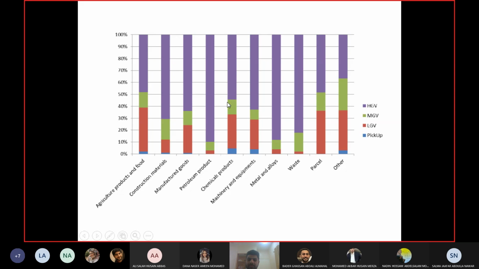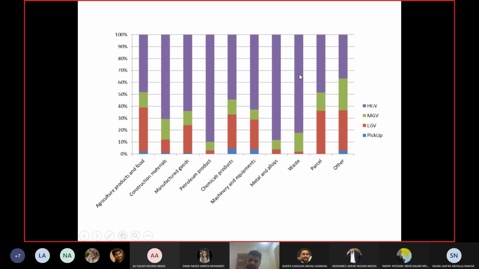This is the scenario for Bahrain. Okay, and I think I already told you these are different types of trucks. Okay, so which type of freight is sent by which type of truck? Okay, so agricultural products are normally sent by heavy goods, like larger trucks. Okay, but when you come to parcels, then it is evenly distributed between light trucks and heavy trucks.